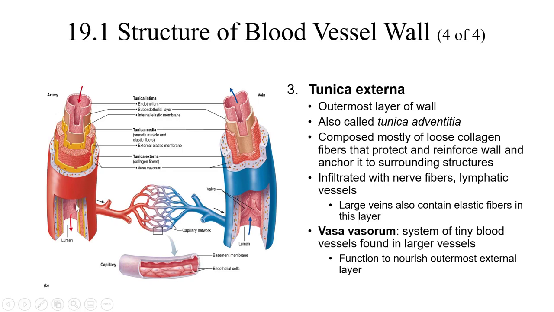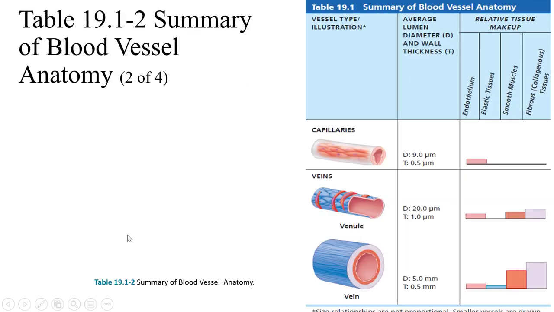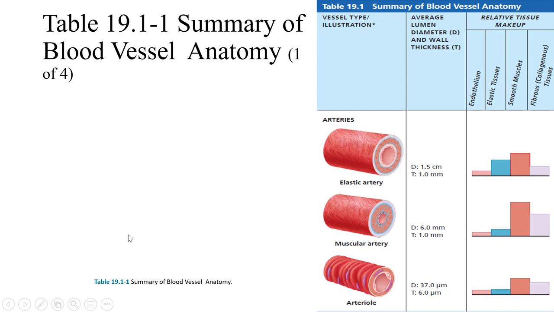And in large veins you have what you call the vasa vasorum. These are a system of tiny blood vessels that is found in larger vessels. So the vasa vasorum is the blood vessel that is feeding the large vessel. So even if your large vessel is carrying blood, it would still need to be fed because of the thickness of its wall. And you have right here an illustration, a summary of blood vessel anatomy, showing us